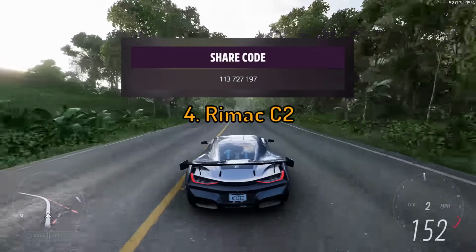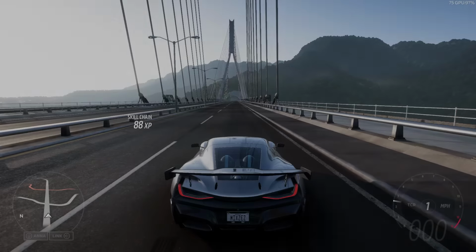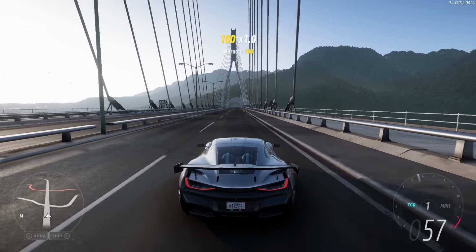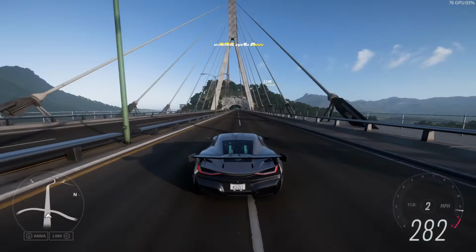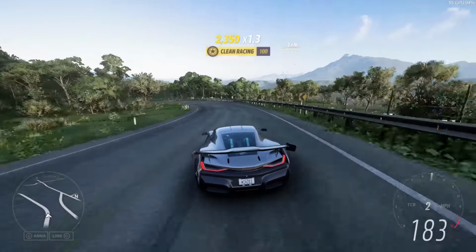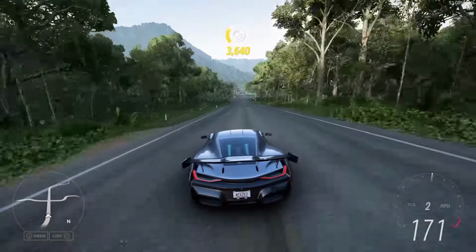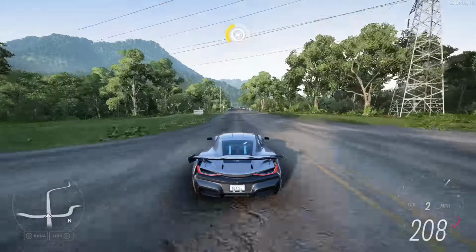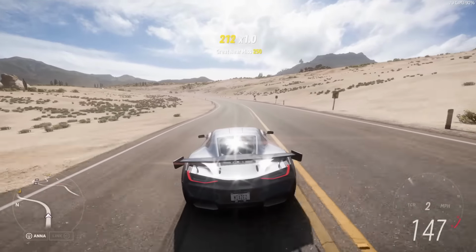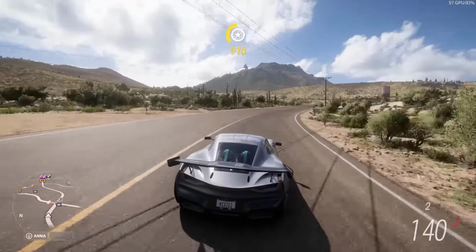Now moving on to the fourth car, the Rimac. This car is also fully electric. The Rimac has insane acceleration and a mind-blowing top speed. The only negative thing about the car is that it's not very good at turning corners. It usually likes to drift, so if you're into drifting, it's very good. I believe this is one of the must-have cars in the game, and I think the price of 2.7 million